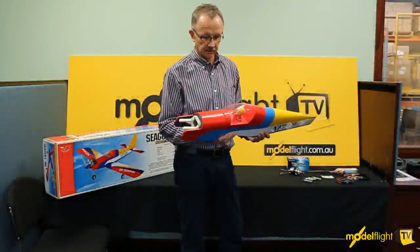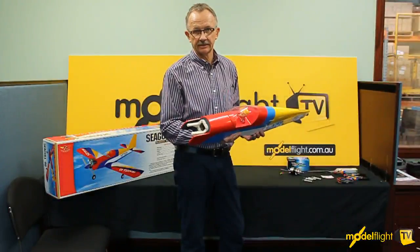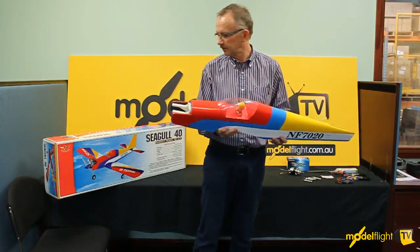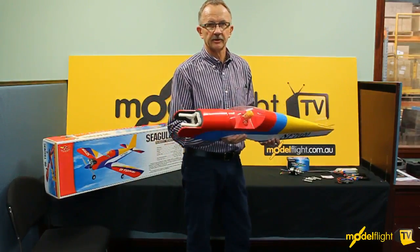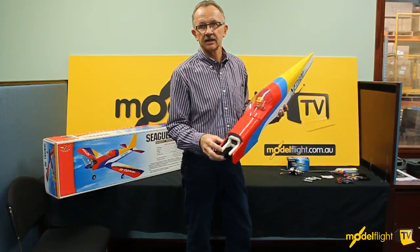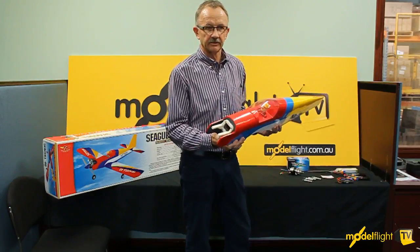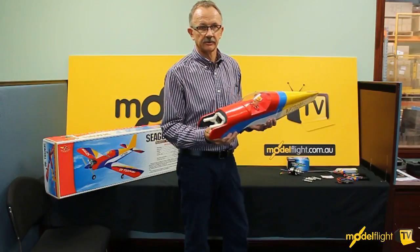Modelflight, and we're here today to look at what's involved in converting a nitro-powered plane to electric. We've got a typical 45 size sport model here, the Seagull 40, which is a low-wing second type aeroplane, and it comes with a radial engine mount to take an OS 46 or that sort of engine. But what we're going to do is run through the very simple process to fit an electric motor into this